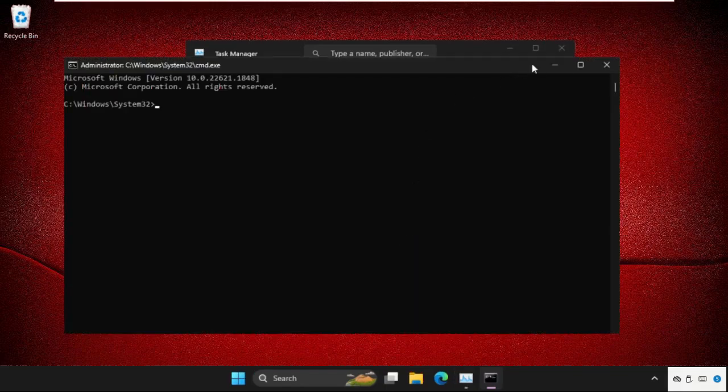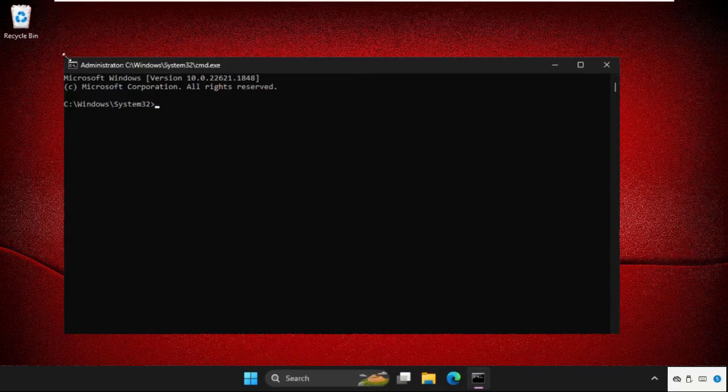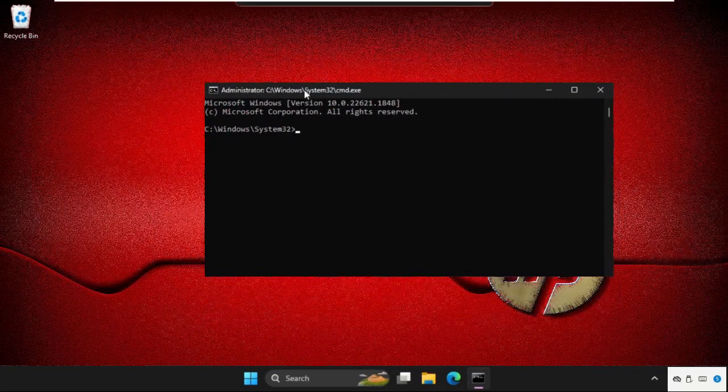Now click on OK. So once we are here, we need to execute some commands. Simply type gpupdate and hit enter. So this will take few seconds to complete the process. We need to wait for it, and once done, we will move to the next command. That will be sfc